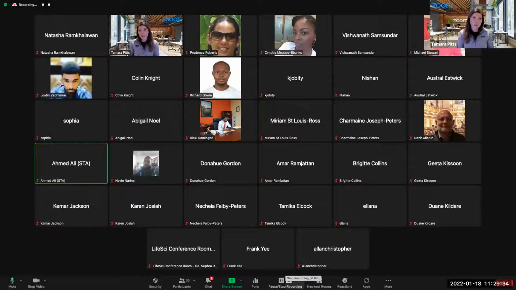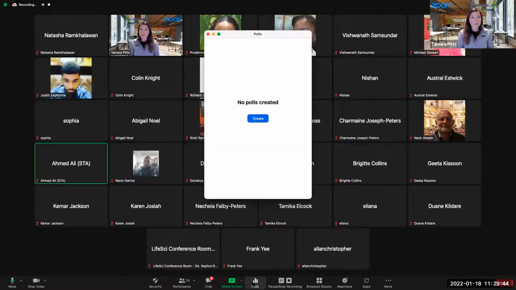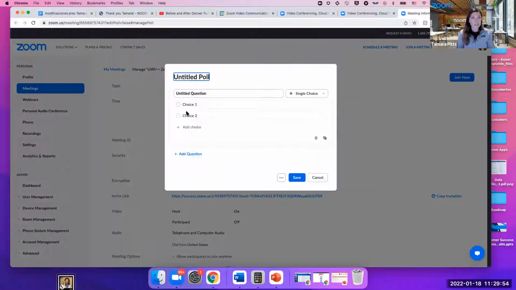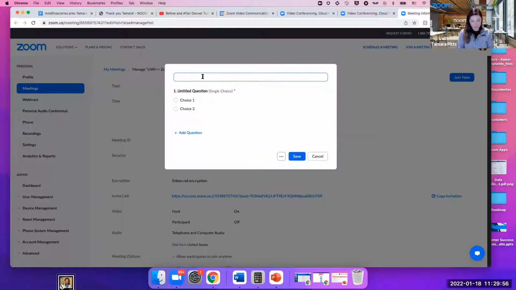Going on to some of the more fun and exciting ways that you can interact with your students is with the poll button and breakout rooms button. So let me go ahead and click on polls. Polls are something that you can create ahead of time prior to the meeting starting or during the meeting. By hitting create, it's going to bring me into the online portal under that specific meeting,